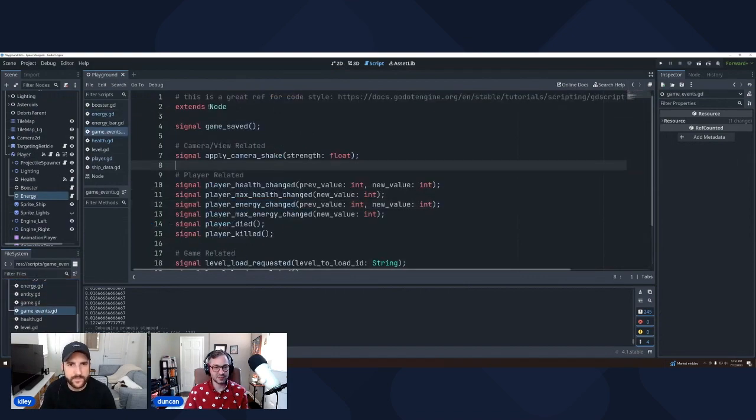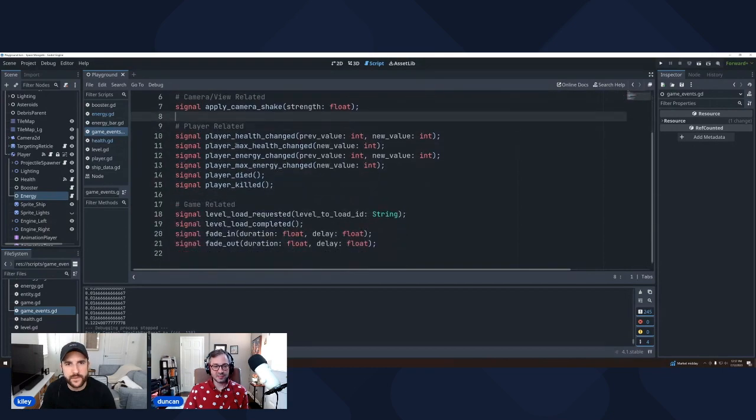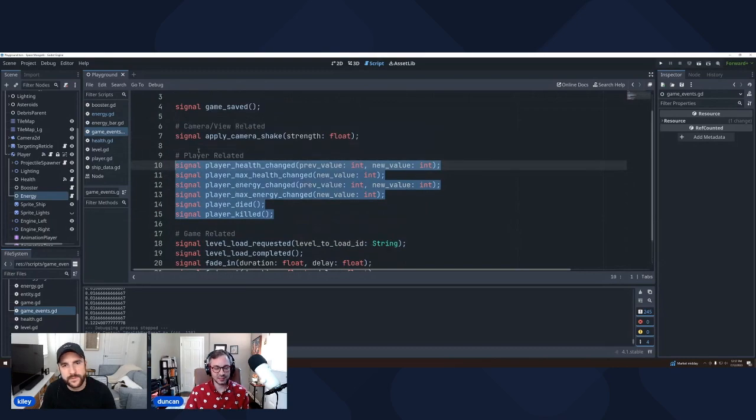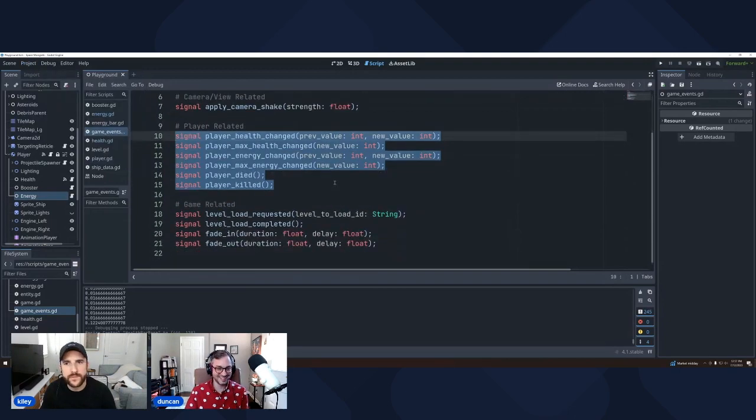So this is my Godot script called game events. And basically what it does is it's just a collection of signals. And the reason I've done this is it's called, in Godot, an auto load. Just Google that if you want to know more. But basically what it does is it will auto load in different nodes before any of the other nodes are loaded. So for example, if we look at this hierarchy, we can see all the stuff in here.